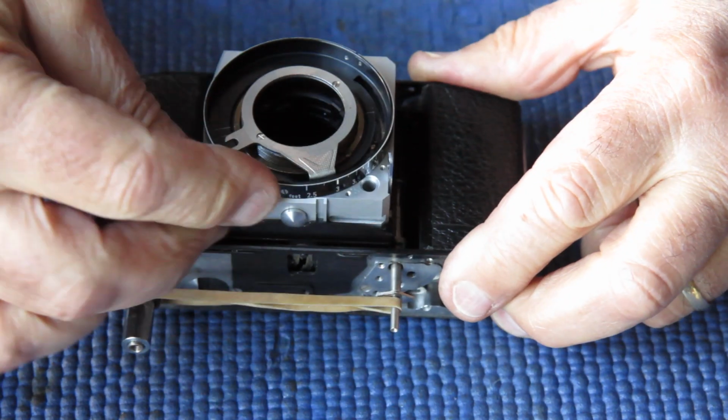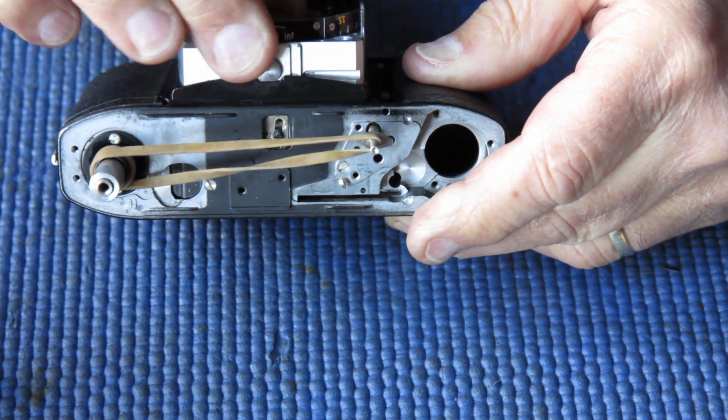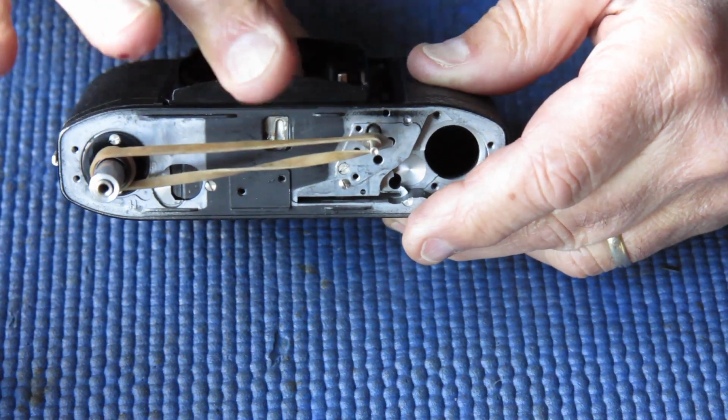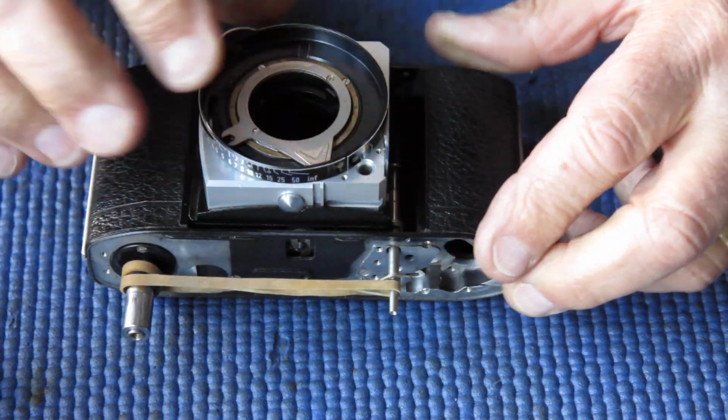Just checking that that screw's tight. That's all good. If I slide this back in, that post disappears back into the body smoothly. Next,